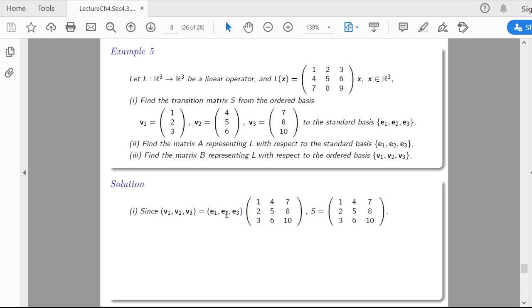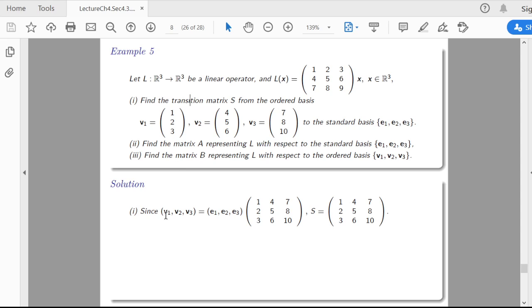Then E2 times 2, we got 2 here. E3 times 3, we got a 3. Because E3, the first component of that is 0, 0, 0, 3, so that we got 1, 2, 3 here,